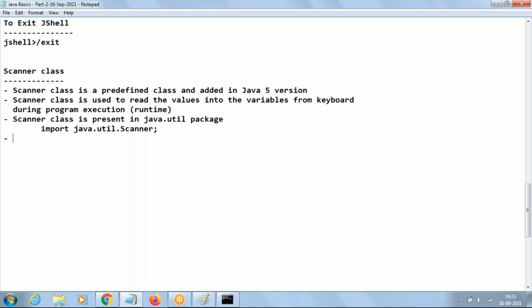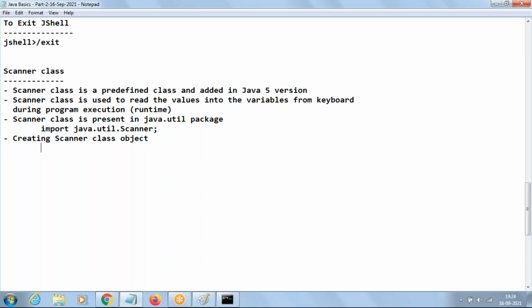Then, whenever you take a class that contains some methods, if I want to access the methods of a class, what do we need to create? Object. Very good. By using an object only, we can access the members of the class. Similarly, if I want to access the methods of the scanner class, we need to create an object of the scanner class. See here, creating a scanner class object.